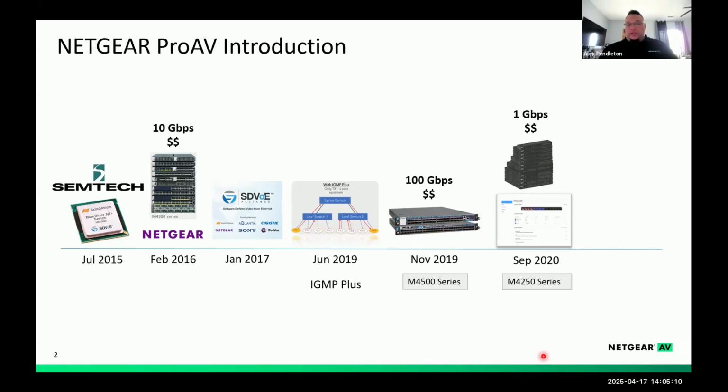And it was also built and designed literally with the feedback from system integrators. This was the first time that NETGEAR ever brought a group of people in, in December of 2019, the kind of who's who of AV over IP engineers, manufacturers, integrators. We brought them together and had a council, and they explained to us what the needs were for the industry. So this switch series was literally built for the integrator based on their feedback.